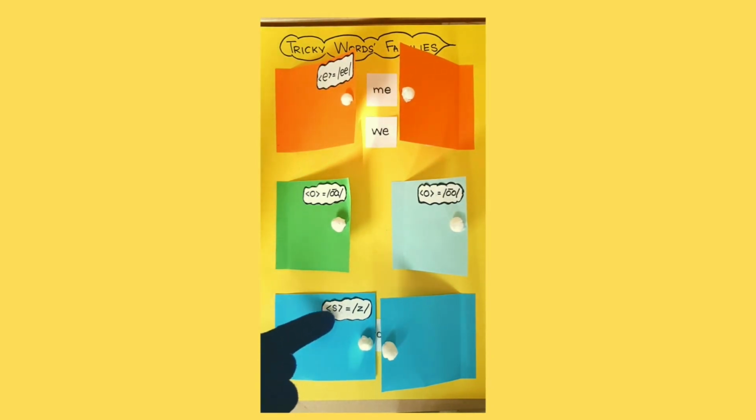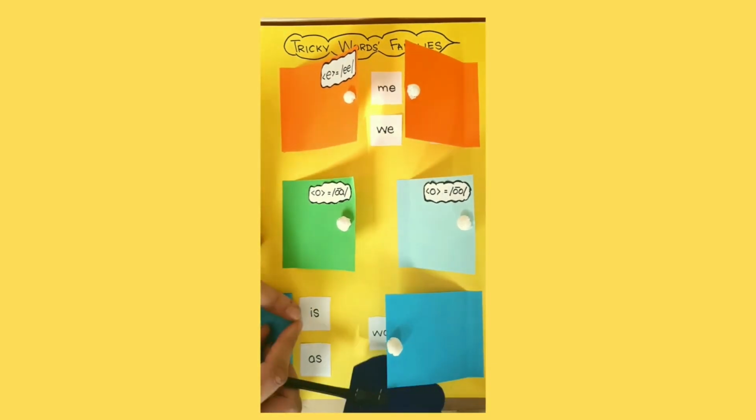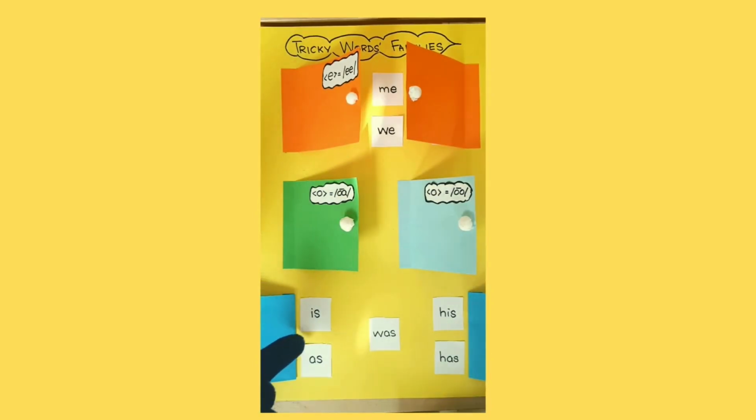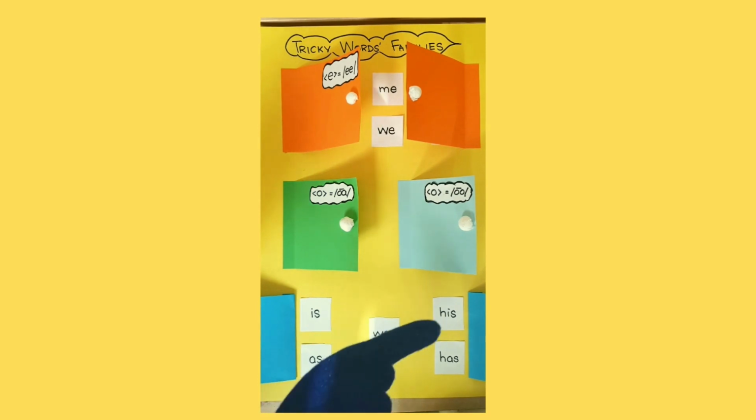It's the Z family. A single S will say the Z sound. So the surname of all the members will be written with the S, but it will say the Z sound. So come on, let's open the doors. So the first member is I and Z. It will be is. A and Z, as. We are saying Z sound, but we are writing S. This is something tricky about this family, okay? So is, as, is,